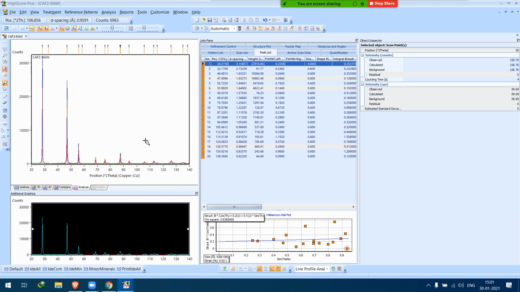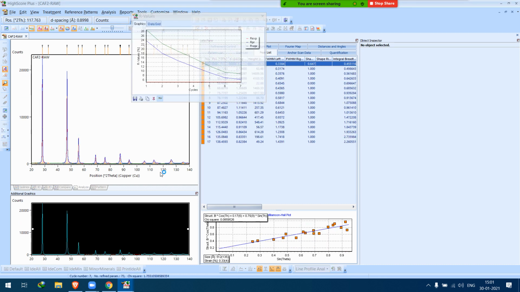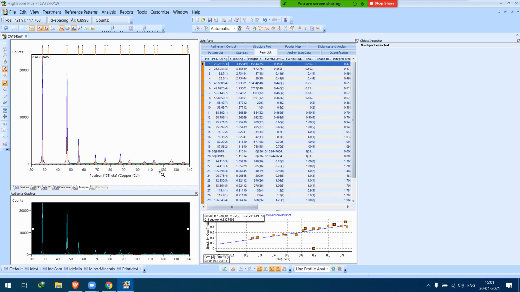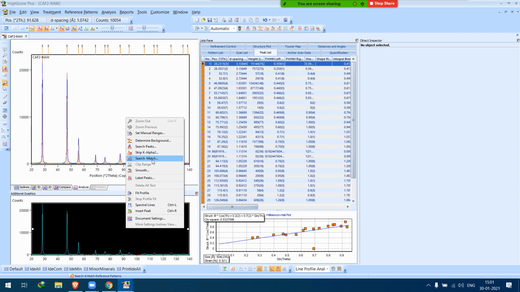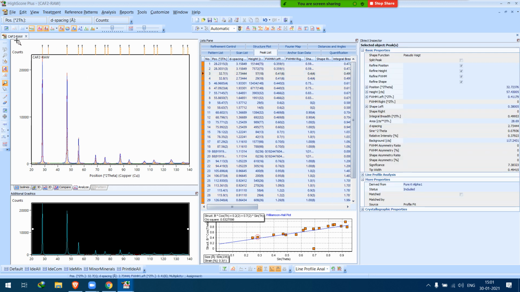Now we are just going to fit once. Now what we can do is add cerium oxide. Oh, I made a little mistake. First, we need to do the instrument part, not the raw material. So I'm just going to cancel this right now.